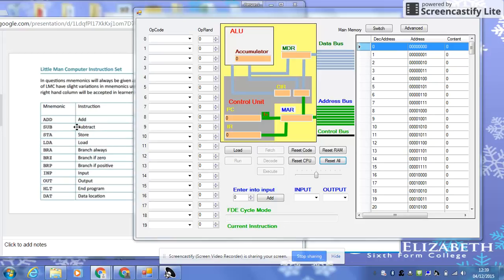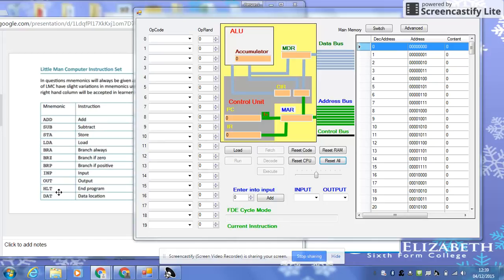But for now, all you need to know is that you've got different instructions, some basic instructions just for the AS course on the right here. There's 11 of them that we're going to use. Obviously, in a real CPU, there are many, many more, but there's enough there for you to understand the basics this year of how to use